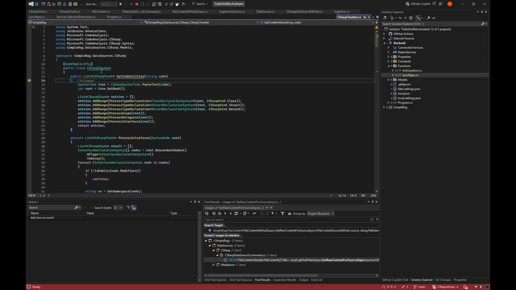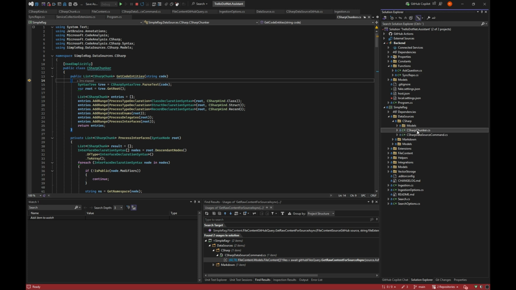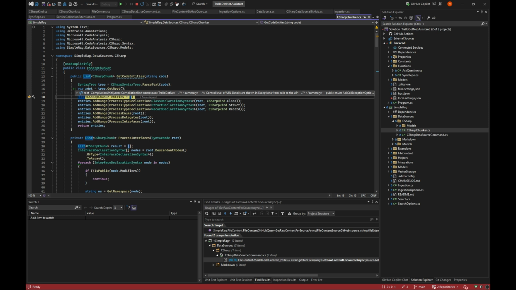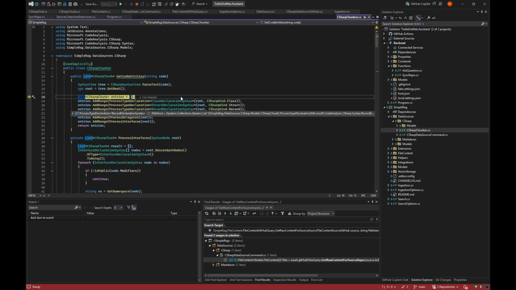And code entities is our chunker, which is up in the data sources C# chunker here. And it will use Microsoft Code Analysis, meaning Roslyn, to get it as a syntax tree and get the roots, and then we can begin to find our various things here.